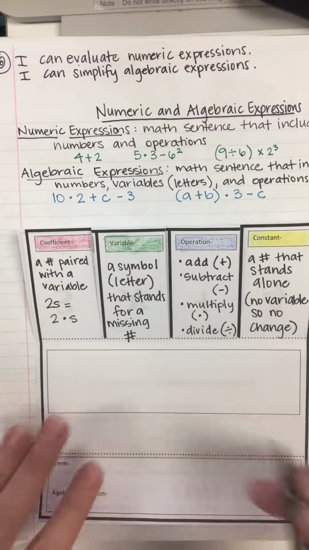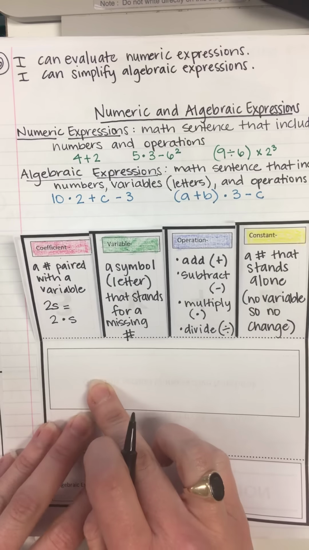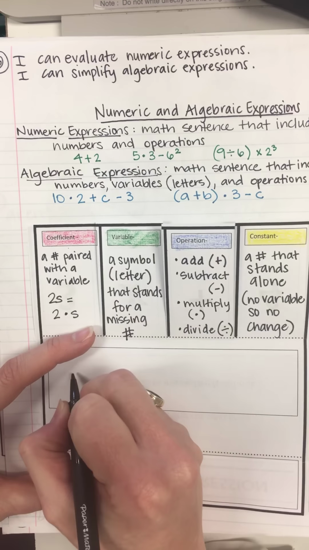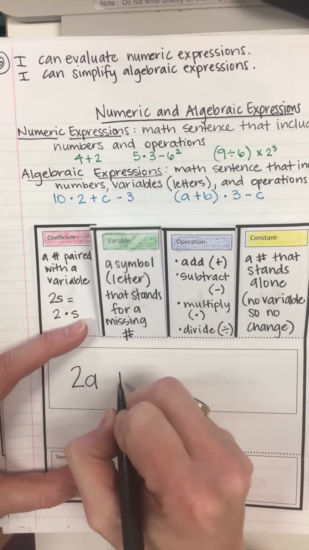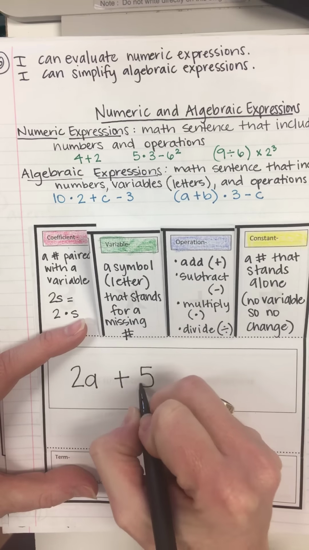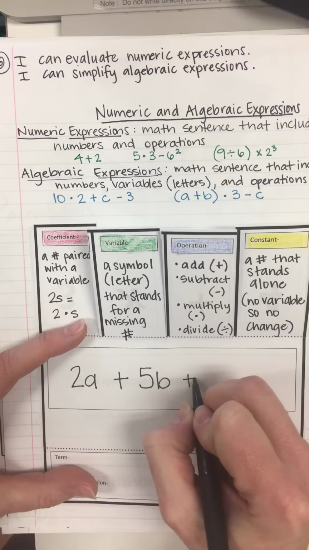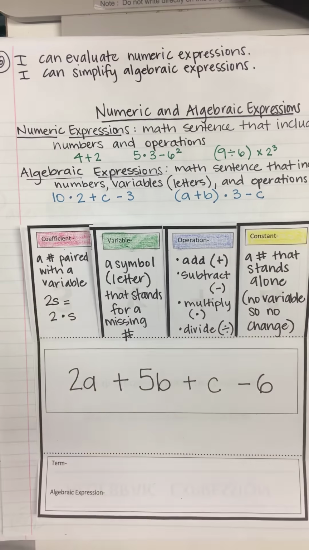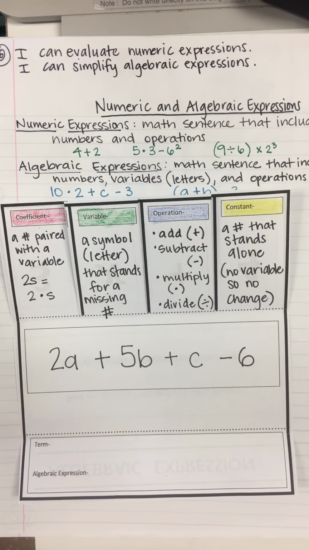And then what we're going to do is we're going to write an algebraic expression right here. So I'm going to ask you to write an algebraic expression. And that algebraic expression is going to look like this. 2A is an apple, plus 5B is in bat, plus C, minus 6. Okay, once we've got that written,